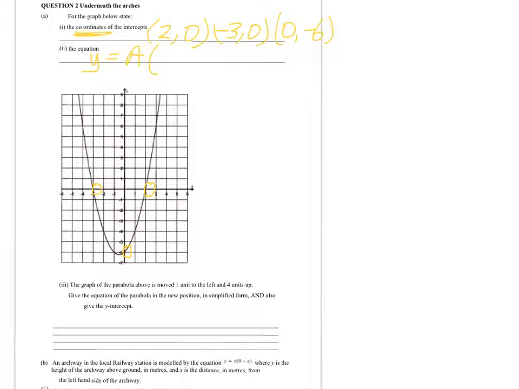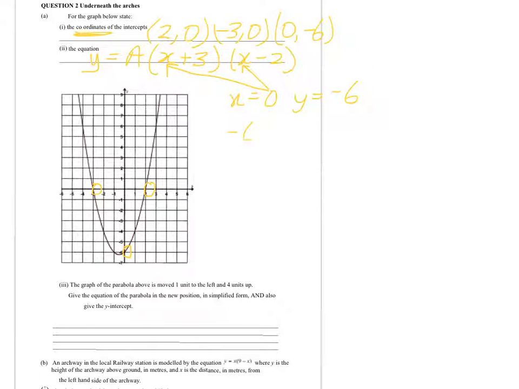and we are on -3, so x plus 3. If x is -3, plus 3 would be 0 to make y 0, and x minus 2. Now, to find out what a is, I know there's a point where x equals 0, y equals -6. So let's put x is 0 in both of those parts of the equation. So my y is